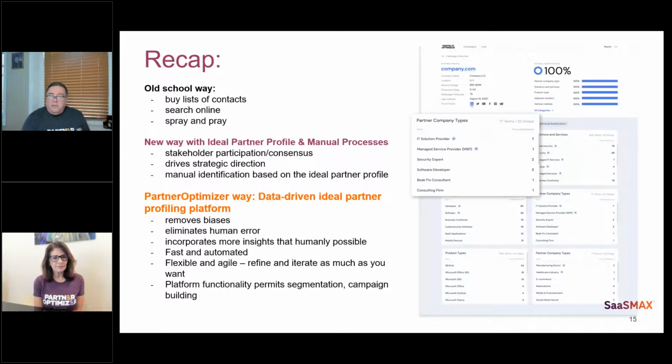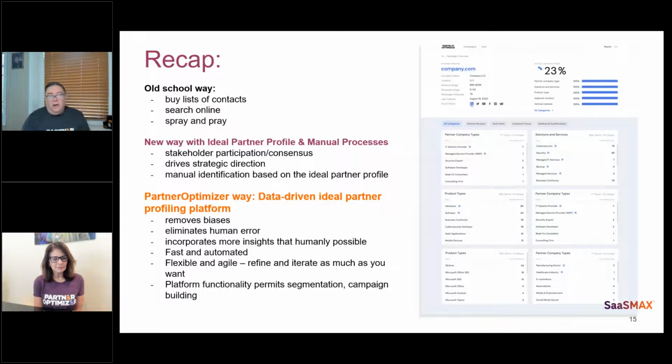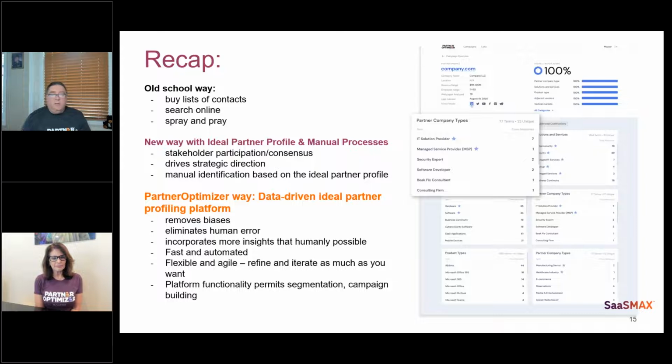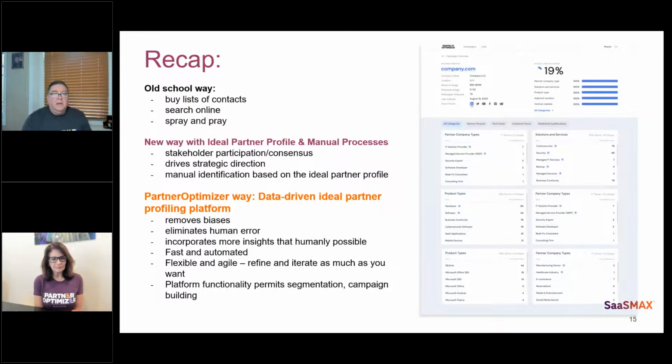I know a lot of people say, well, I've got these people in India and they're calling and they're putting things on paper, and they've got 2,000 partners. It's going to take 6 months. Well, by the time they're done, they've already updated their websites. All those things have been done. We can do that in a week.